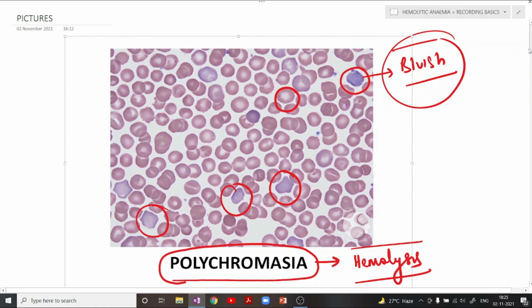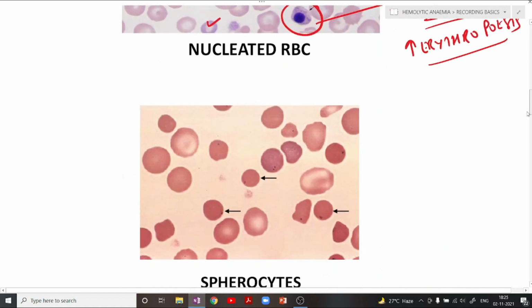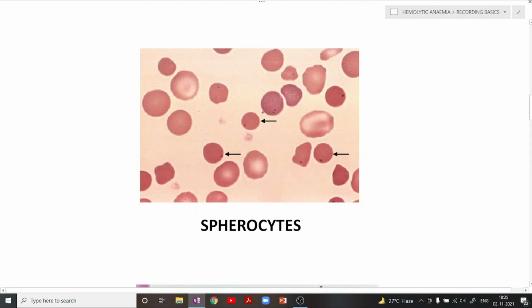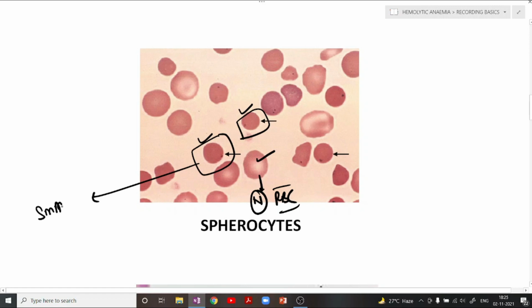So I have shown you certain pictures, but not all of them. Let me give you an example. If you see over here, this is a normal RBC, which has a central one-third pallor. Now in hereditary spherocytosis, the RBCs become smaller, they lose the biconcave shape, they become spherical. So these are small and there is no central pallor, and these RBCs show increased MCHC. Okay, these are seen classically in hereditary spherocytosis.